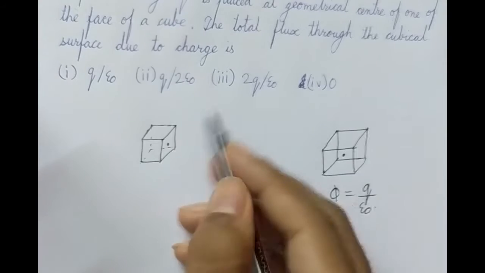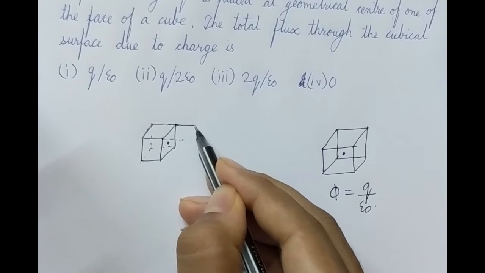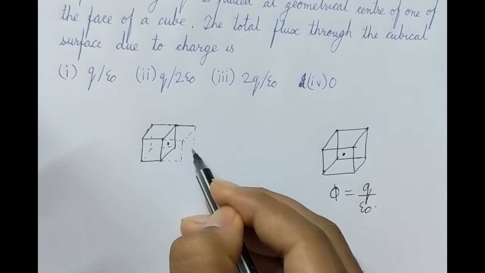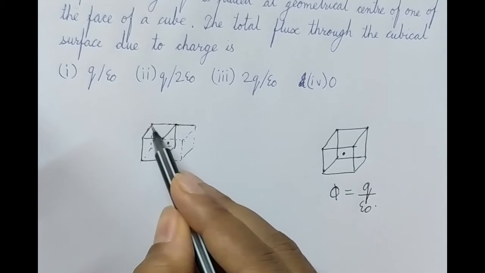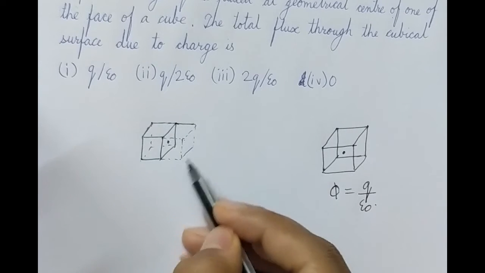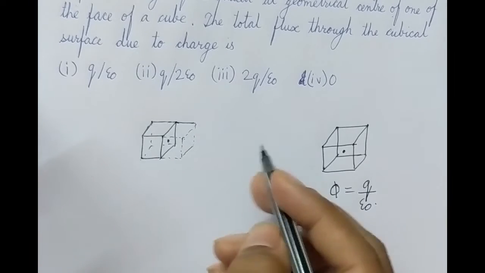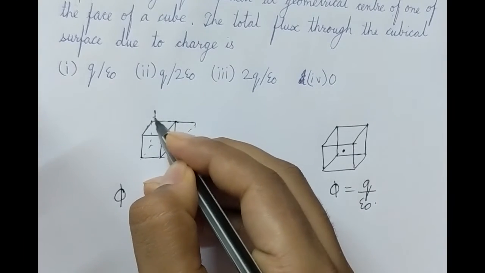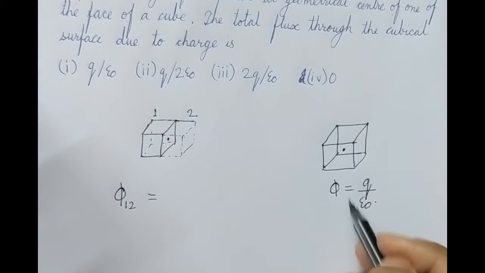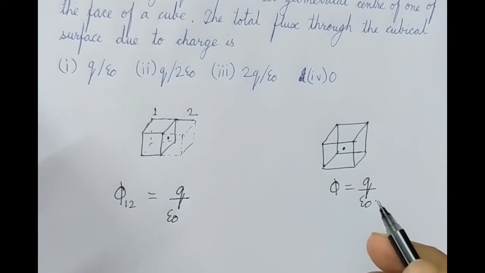So to deal with such a problem, we need to construct another cube just beside it. We'll construct another hypothetical cube just beside it. Now, if we look at the bigger structure consisting of both the cubes, the charge is exactly at the center of the bigger structure. Suppose we name this cube 1 and this is cube 2, the total flux through cube 1 and 2 is the total flux coming out of the charge, that is Q by epsilon naught.